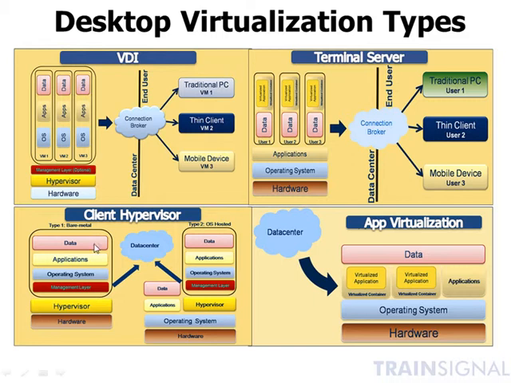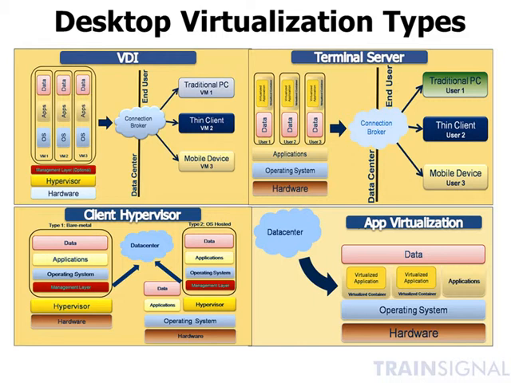And then in the lower left-hand corner here, we have the client hypervisor. Client hypervisor is very cool. It's the same concept as you have with XenServer, vSphere, ESX, and Hyper-V, which were meant for a server platform. Client hypervisor takes the same approach and says you can use a hypervisor for laptops and desktops as well. So you can abstract the hardware on the desktop and laptop by putting in this thin layer of virtualization, basically known as the hypervisor. And instead of having a custom image for every hardware type, now you have one virtual machine that can run on any hardware that you have, because there's that abstraction layer. That's known as a Type 1 client hypervisor.